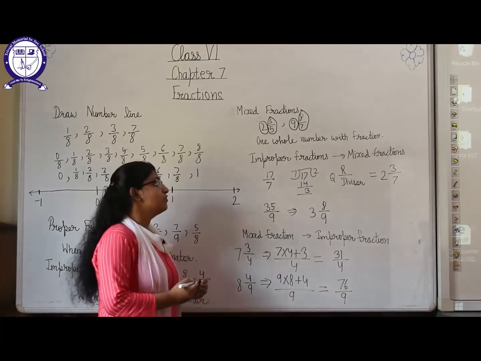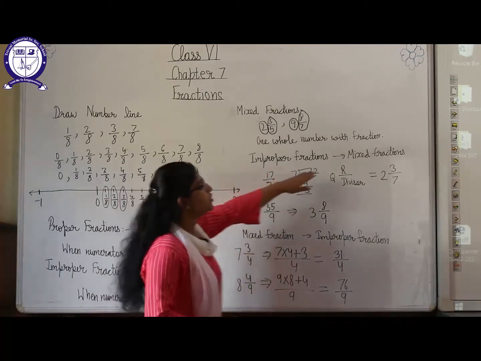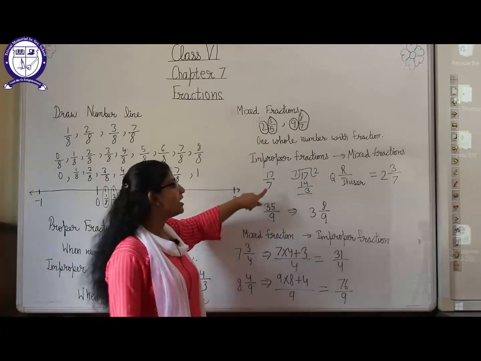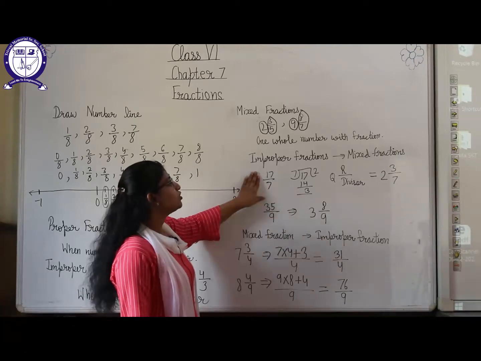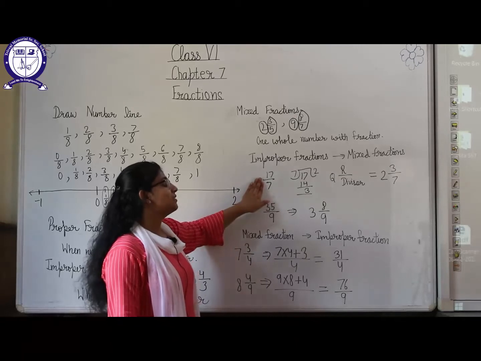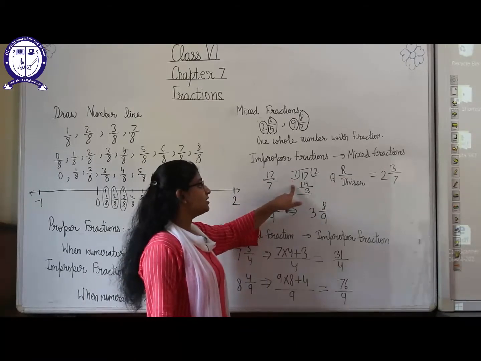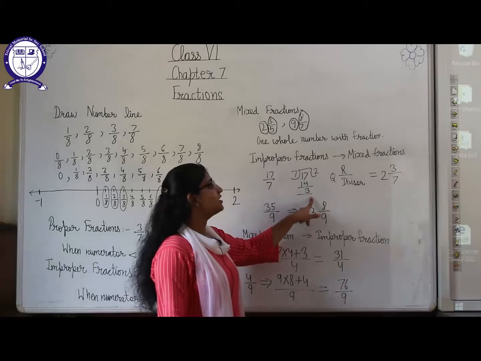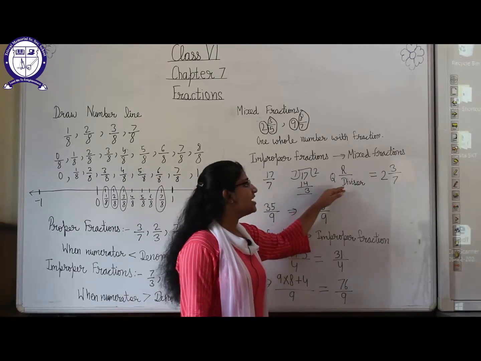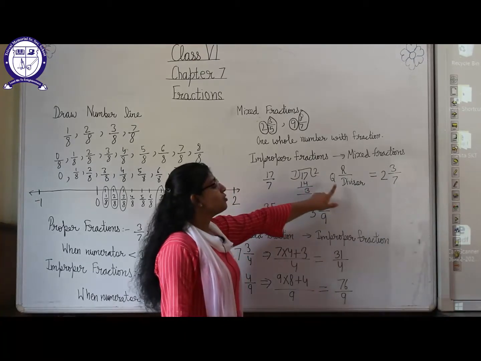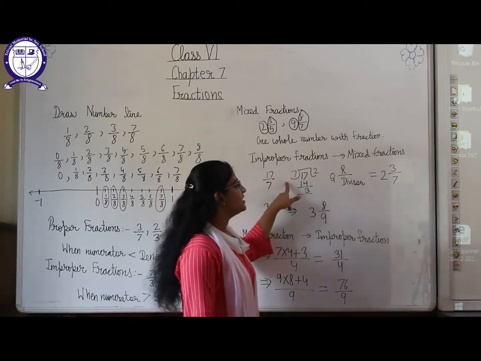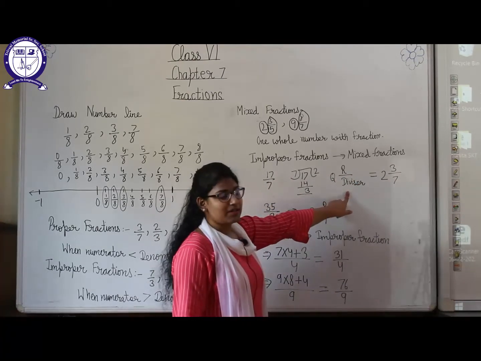Okay. Now we have to change improper fraction into mixed fraction. We know about the improper fractions when numerator is bigger and denominator is the smaller one. So to change it into the mixed fraction, what we will do? We will divide them. So 17 divided by 7. So 7 2s are 14 and the remainder will be 3. Okay. And in the form of mixed fraction, what we will write? We will write quotient as the whole number. The remainder will become the numerator and this divisor will be the denominator here.